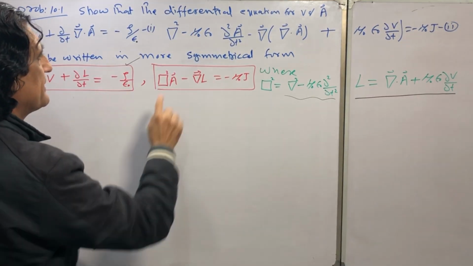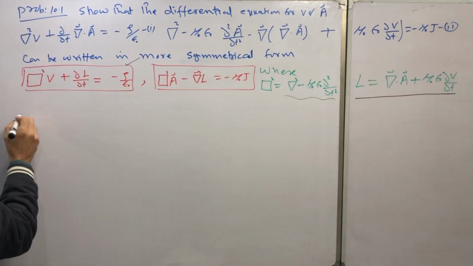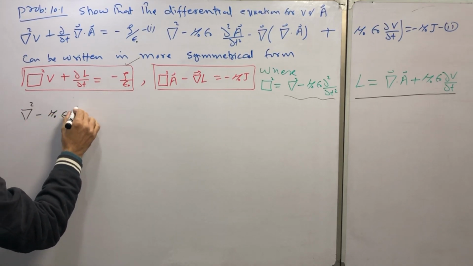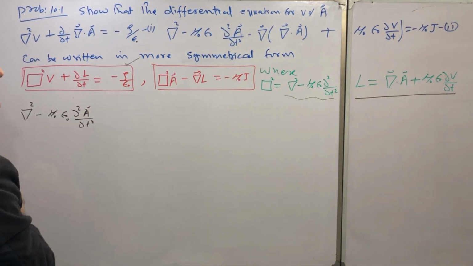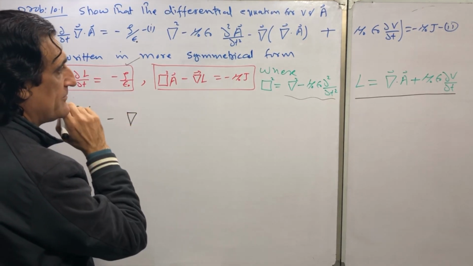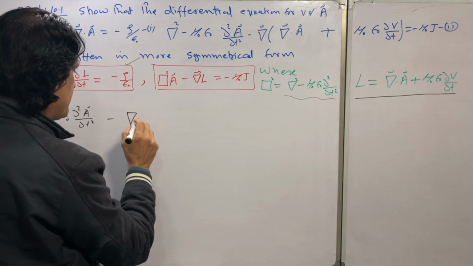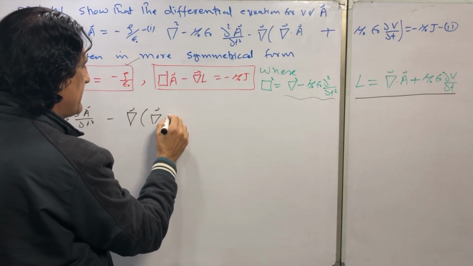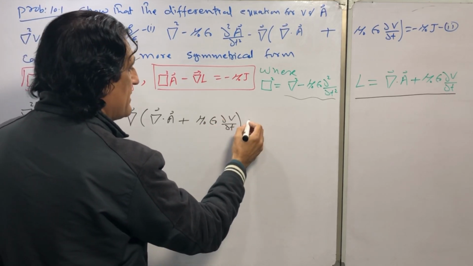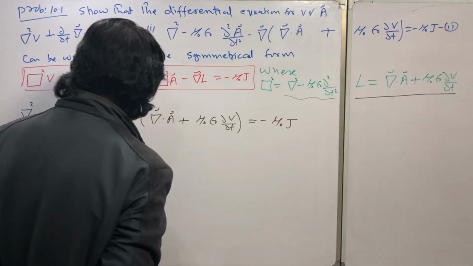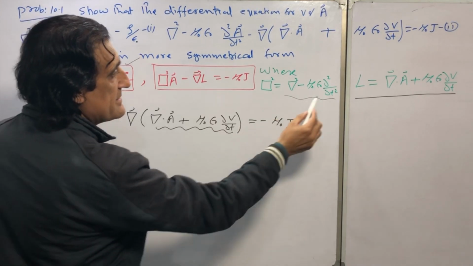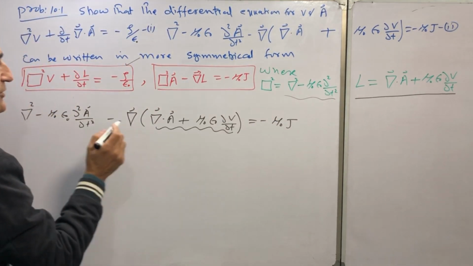Now the second part. Consider equation number 2: del square minus mu naught epsilon naught partial square A divided by partial T square, minus del into divergence of A plus mu naught epsilon naught partial V divided by partial T, which is equal to minus mu naught J. This term is equal to L. So putting the value,